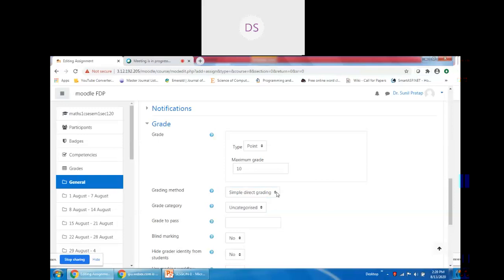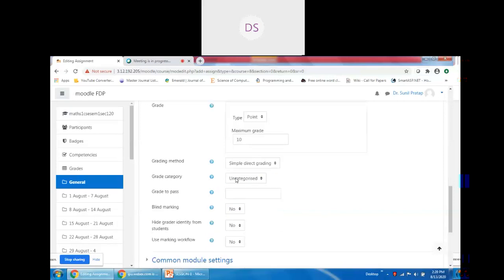By default, we will grade the assignment by simple direct grading, and then the grade category. This option will map your grade marks to the grade book. In the grade book, we have 3 categories: assignments, exams, and quizzes.